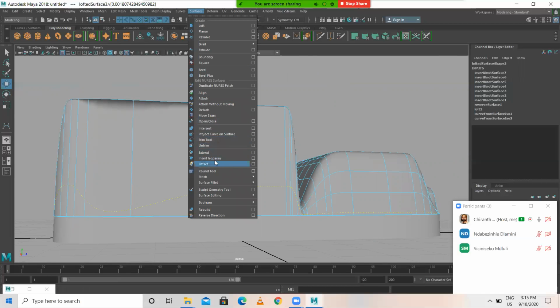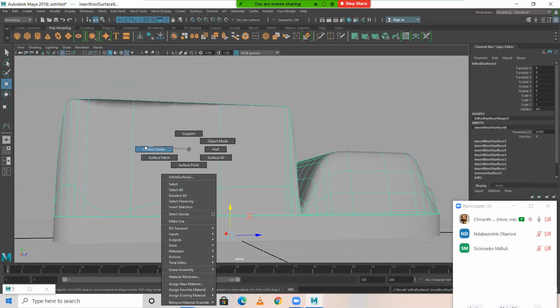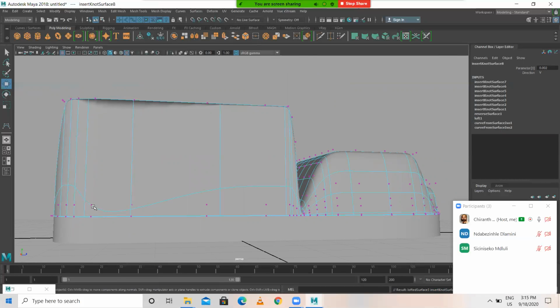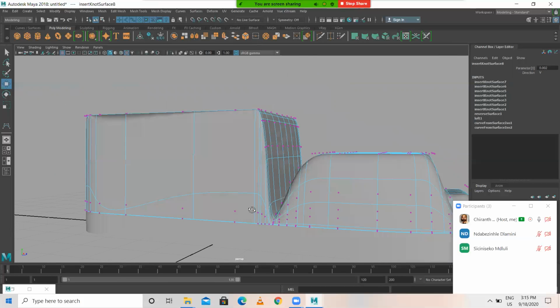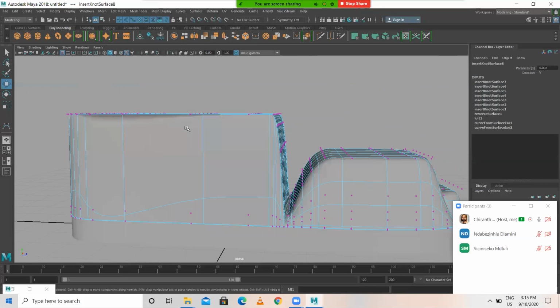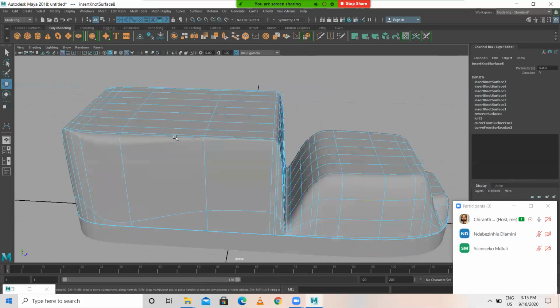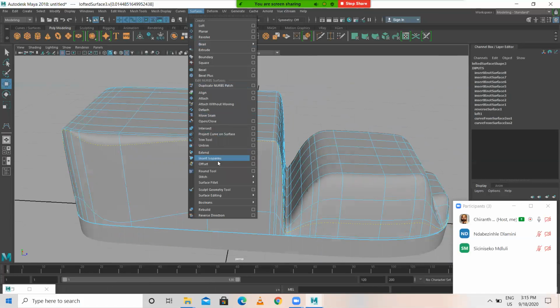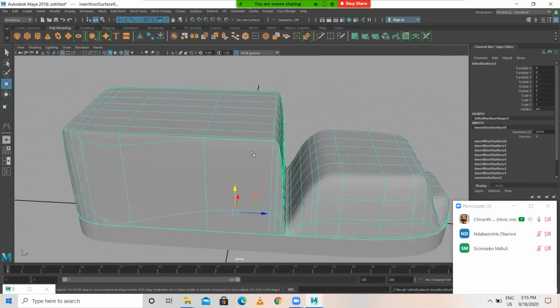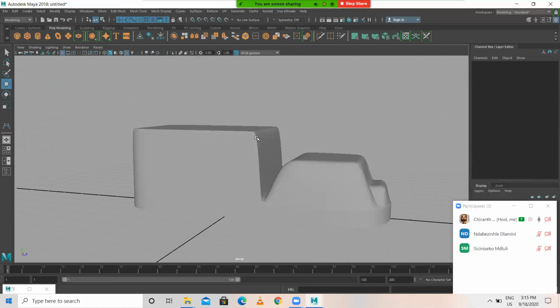Insert isopalm. Okay, I'm just adding some shapes over here.